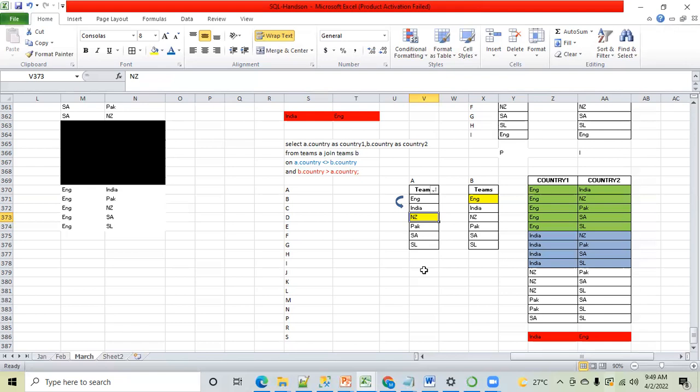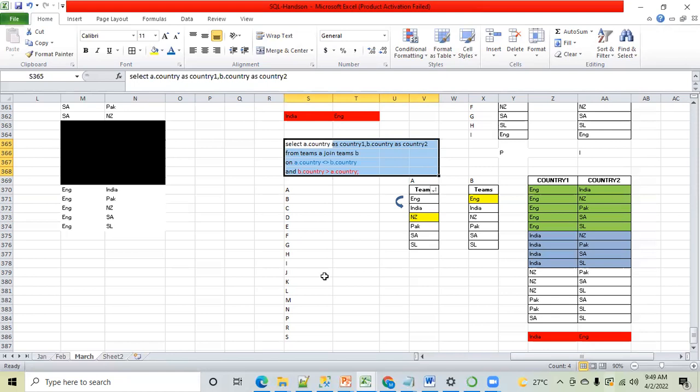Clear to everyone? I cannot believe this actually. This is a very tough query actually. Okay, I hope this is clear. So overall, this is the query. I have shared this as well the next day when I gave this assignment. But please go through this again. Try to understand it again.